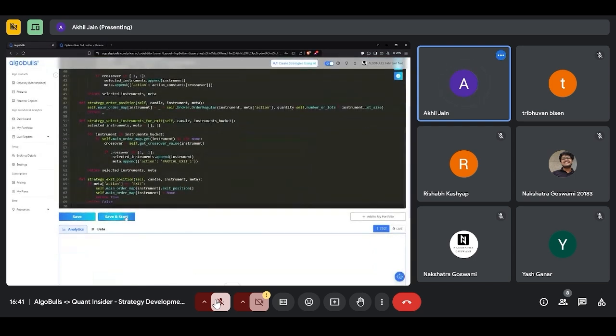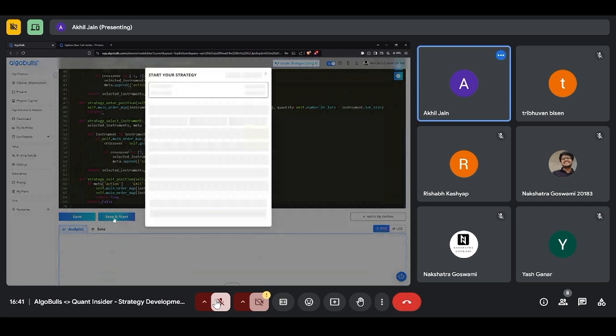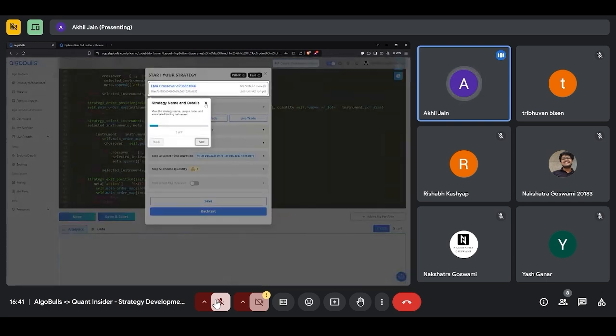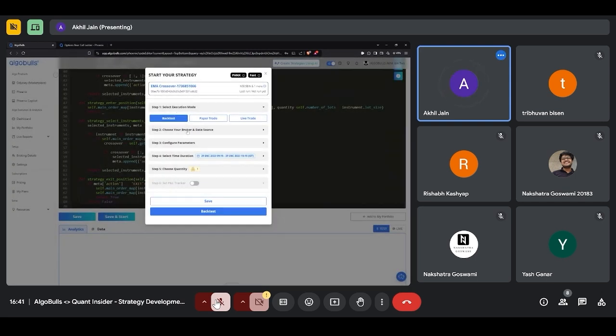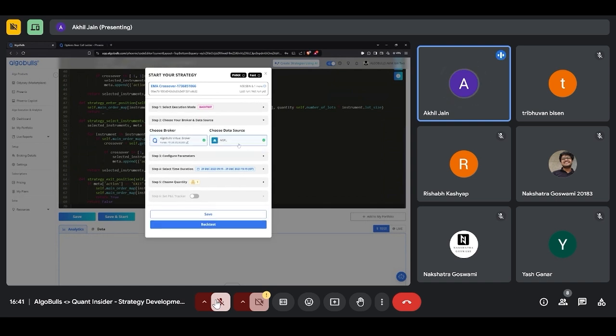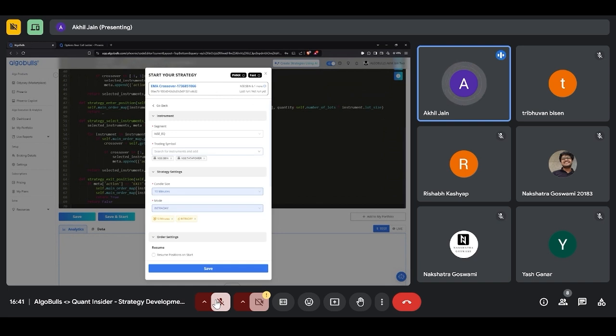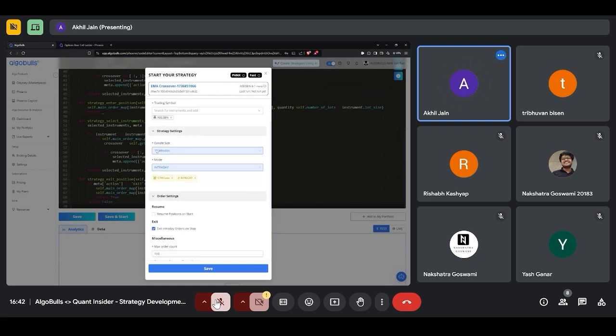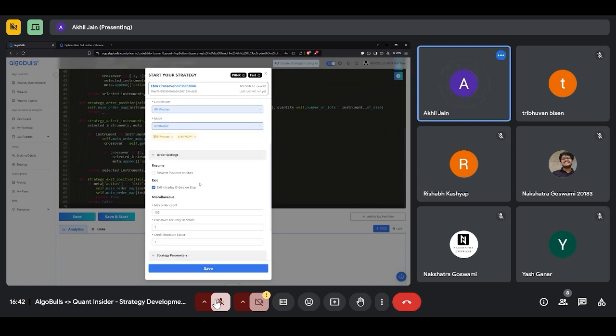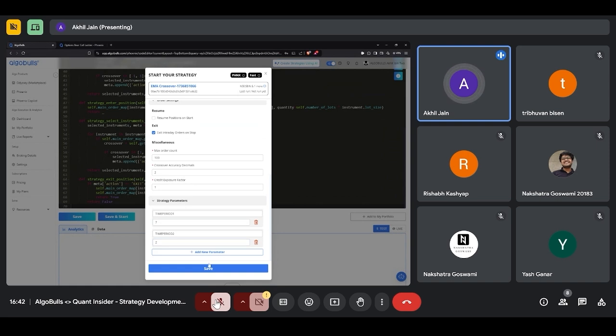Shall I run this? Do we want to see a backtest? Yes. Okay. I don't know if I have a data source. If I don't, then I'm sorry, I won't be able to backtest. Okay, I do have a data source. So that's great. What do I need to change? I want to keep SBI. Okay, I'll just keep SBI. I'll take a 60-minute candle. Time period is 702. That's okay. So I'll just save this. Yes,